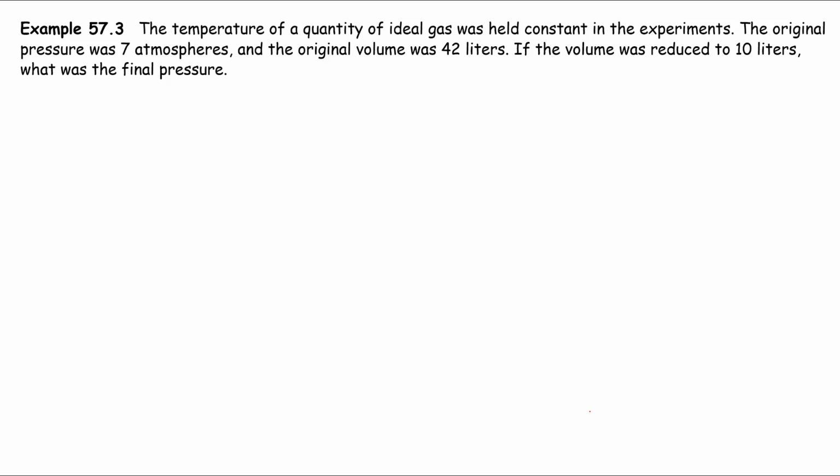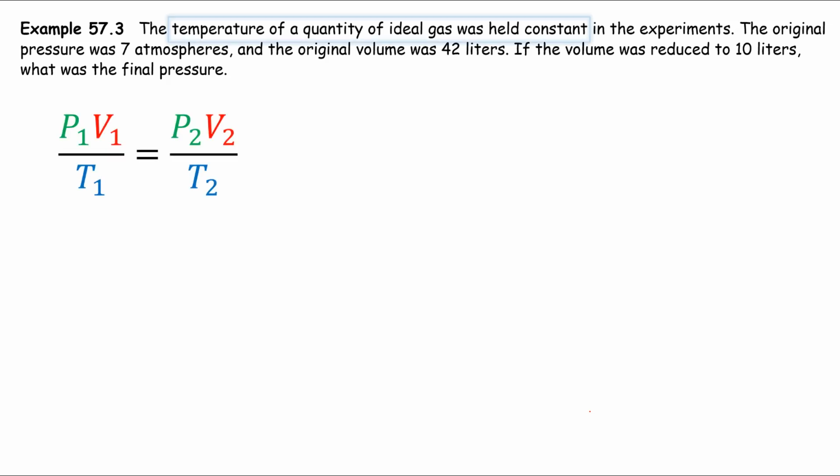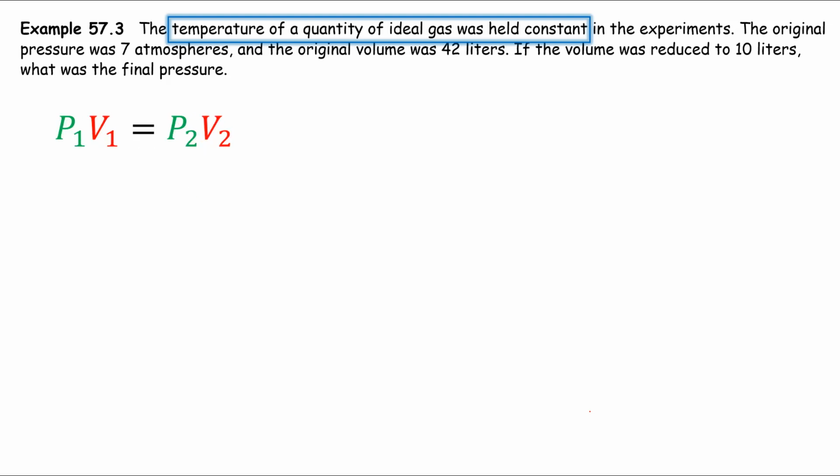Okay, the temperature in this problem is being held constant, so we don't need temperature in our equation because it's just going to stay the same and it'll just cancel out. So we're just going to have this equation, P1V1 equals P2V2. So the original pressure is 7 atmospheres, and then we're going to put that in for P1, and the original volume was 42 liters. And so the volume was reduced to 10 liters, and the question is, what is the pressure going to be? So 10 P sub 2, divide both sides by 10,